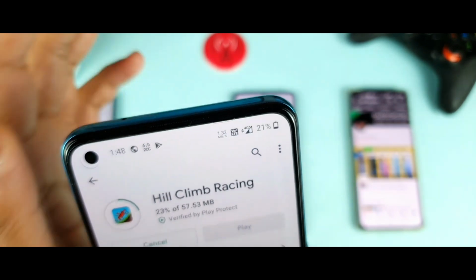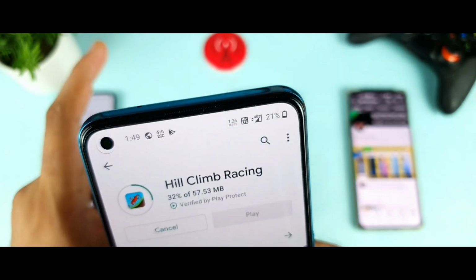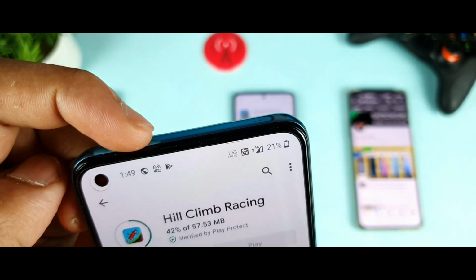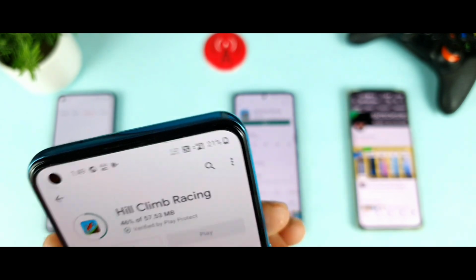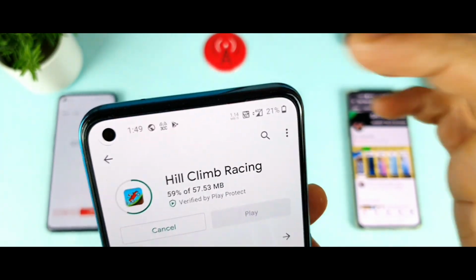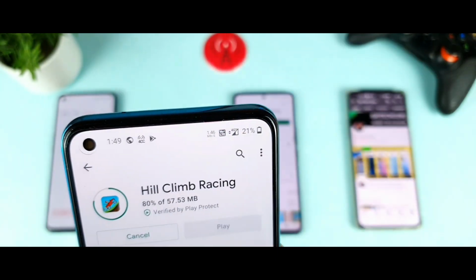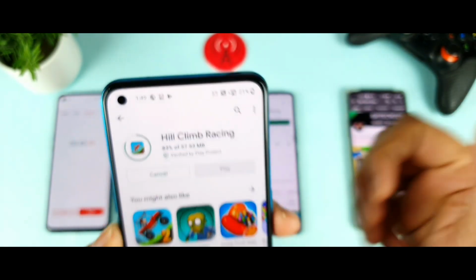That's good. As I said, if you're trying to do the test one by one, the speeds will be different. Now we are getting only 4CC. As you can see on the top, we did see the 4CC. That's really good friends. 4CC we are getting in this phone, the OnePlus Nord. So now we got 3CC only. So now we got 4CC, as you can see clearly, 4CC and now 3CC. So you can see the difference now.